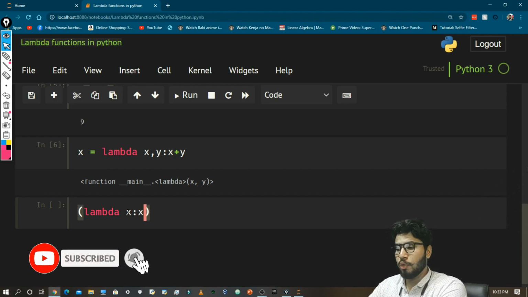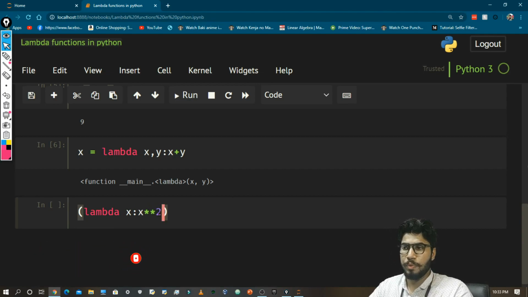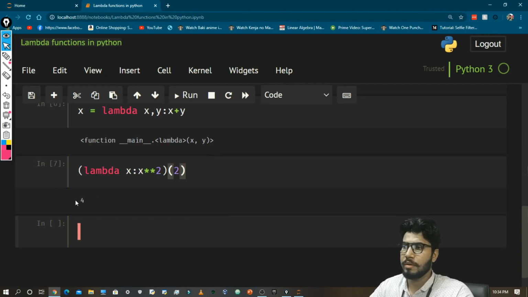And now I am going to use the square operator. So double star is a square operator. Basically, it's not a square operator; it's a power operator. And here we provide the power that we want to use. Okay, so now if I pass 2, it is going to return 4.